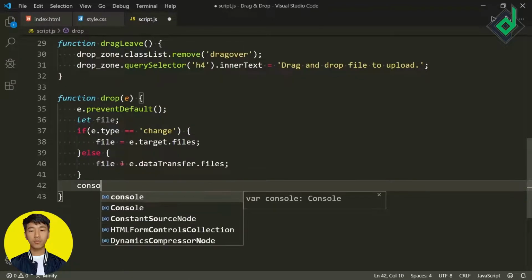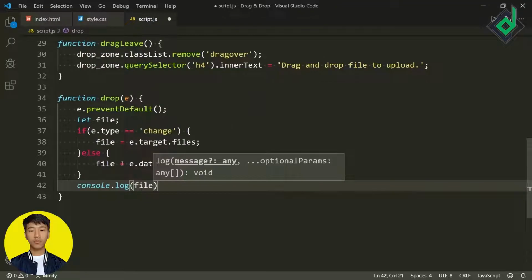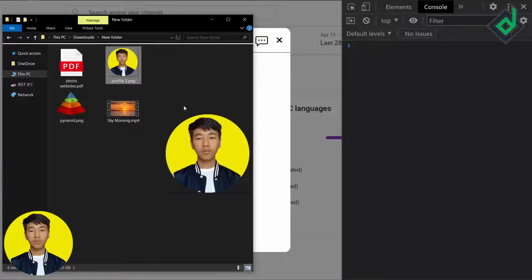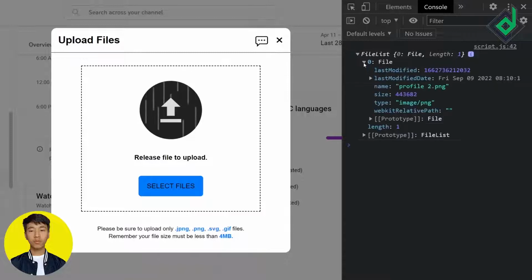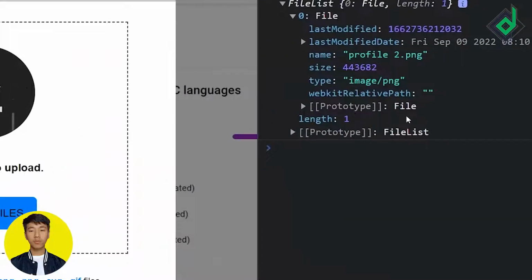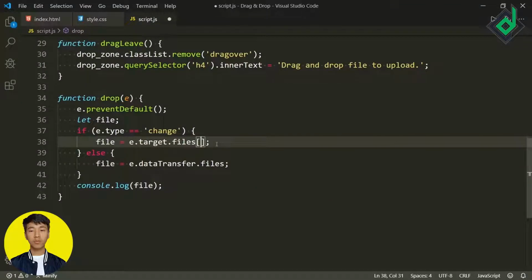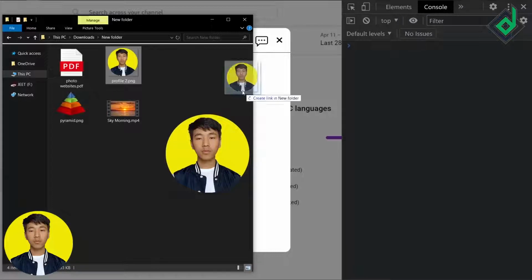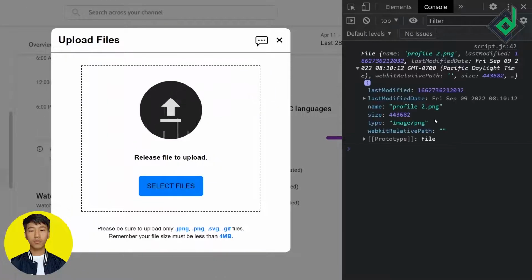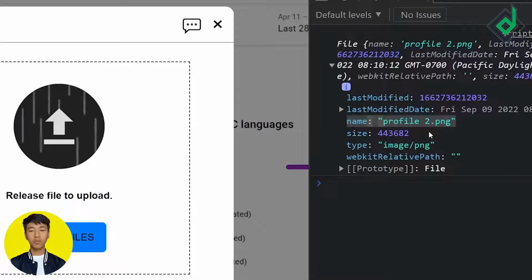Now let's see in the console what kind of value we are storing in this file variable. Now if I drag and drop this file in the console, you can see you will get that file list which is stored in the array. So in order to access that first file, you have to give bracket 0. So we are accessing the first file. Once again, if I drag and drop this file, you can see all the information of the file,